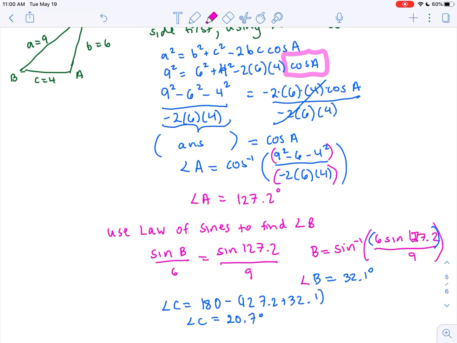So to highlight all our answers, angle A we found by using law of cosines, angle B by law of sines, and then angle C, the difference between the